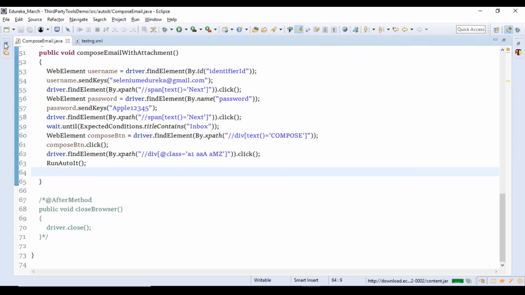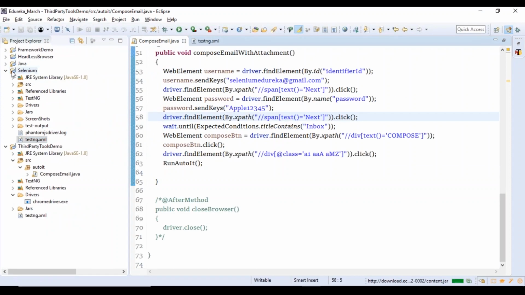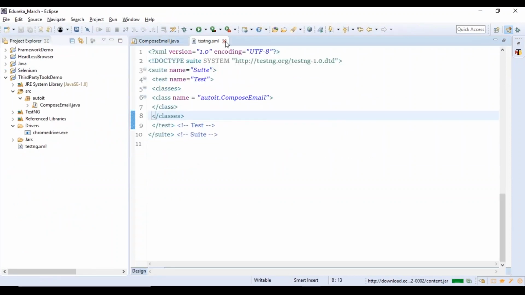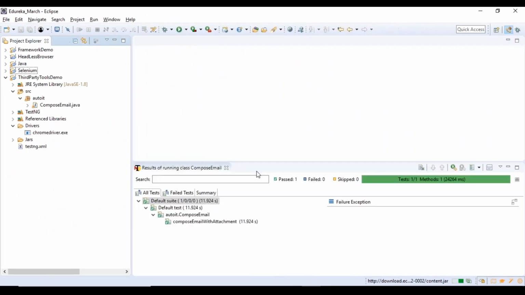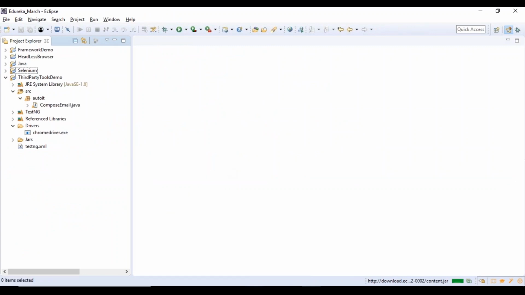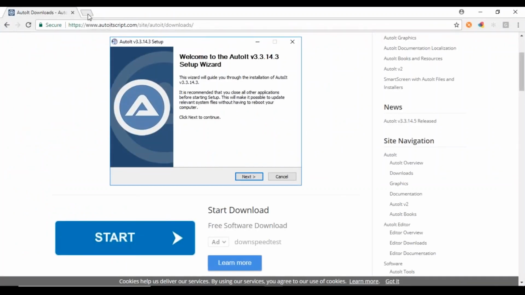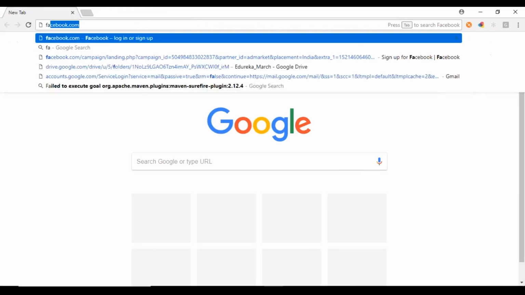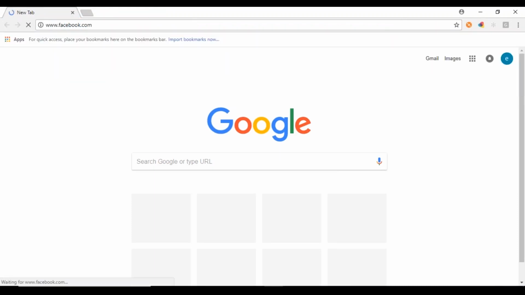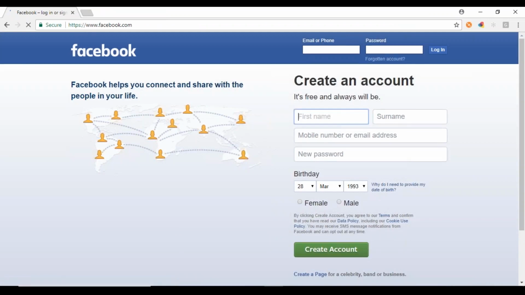So the next third party tool that we are going to discuss is your Sikuli tool, which will help you to work with Flash applications. So what I'm going to do is open facebook.com. Okay, let me close this. I'm going to open facebook.com and using the images, I'm going to deal with Sikuli. I'm going to make use of Sikuli and deal with images in order to log into this application. So for that, one important thing that we'll have to know is we will have to download